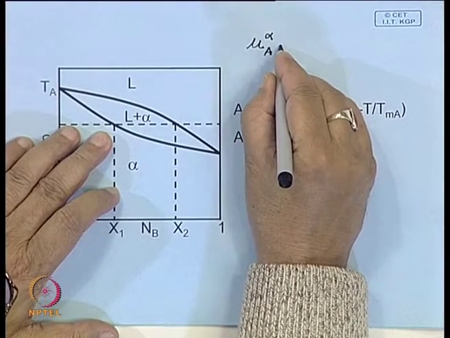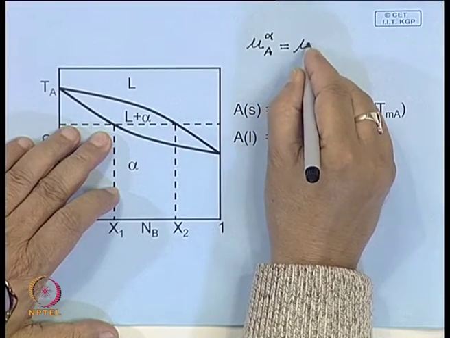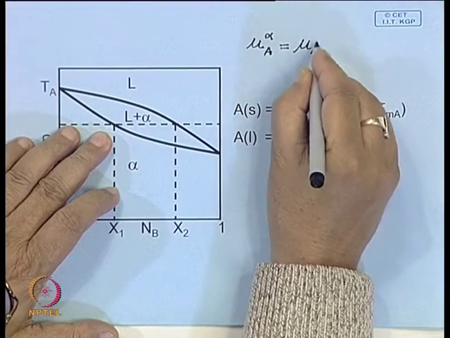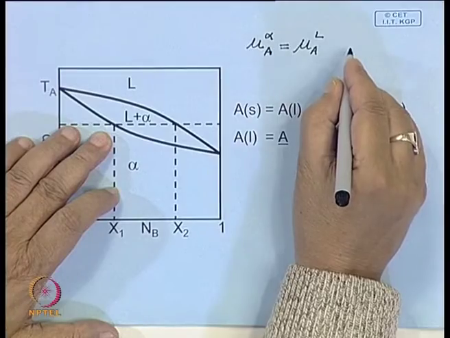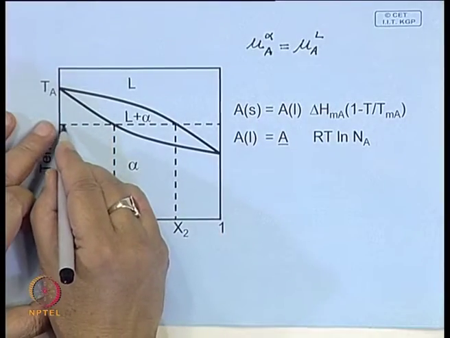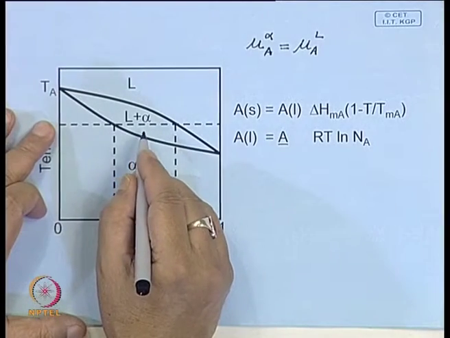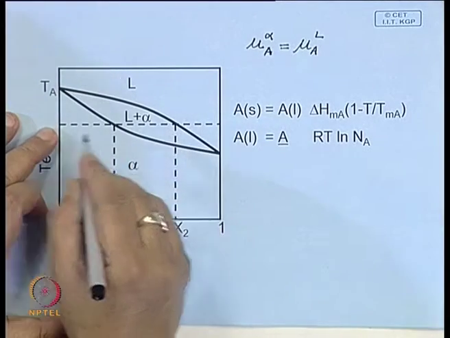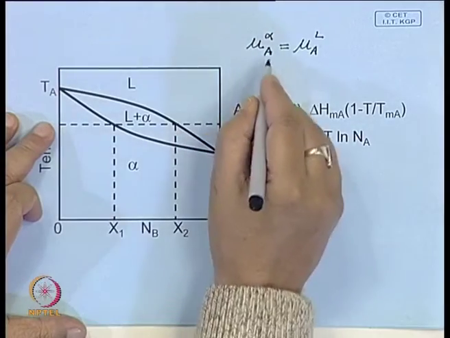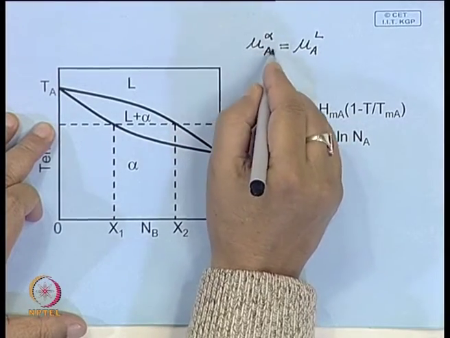You have to calculate it and equate it to the chemical potential of A in liquid. When you do this calculation, it is necessary to use the same standard state. Here you can visualize a solid solution